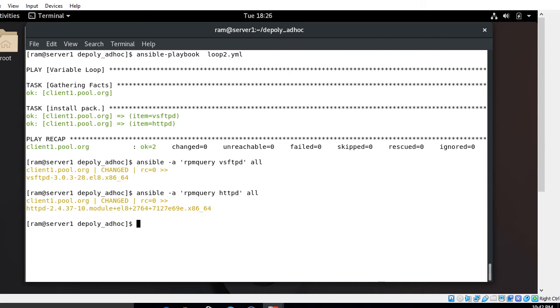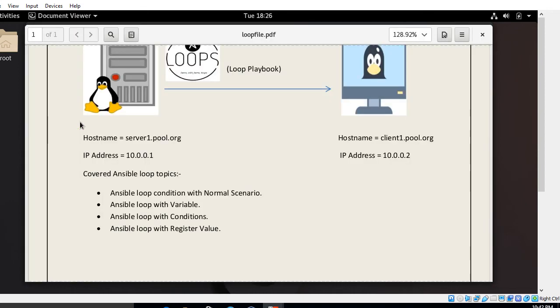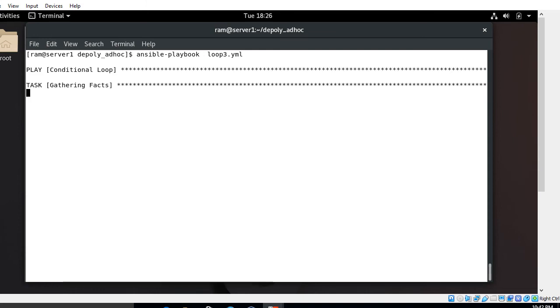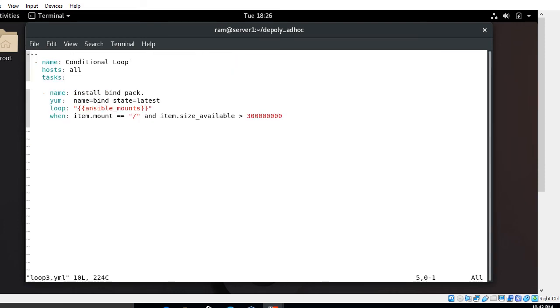Now we can move to the next topic, that is Ansible loop with condition. For the same environment, I have created a playbook named loop3.yml. I'll show you. Here is loop3. Okay, so let's understand the Ansible playbook again one more time. Here I have mentioned a play name, conditional loop.